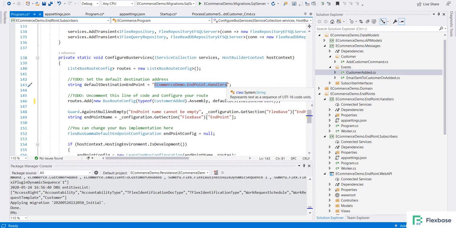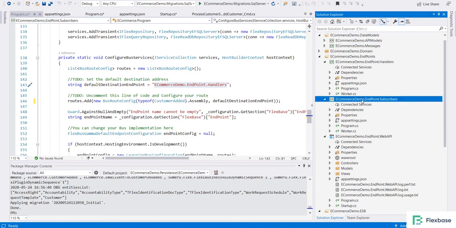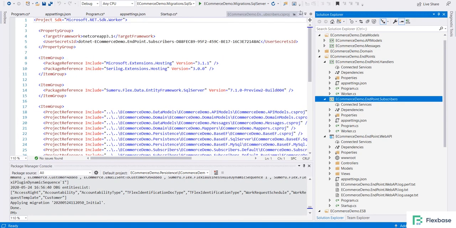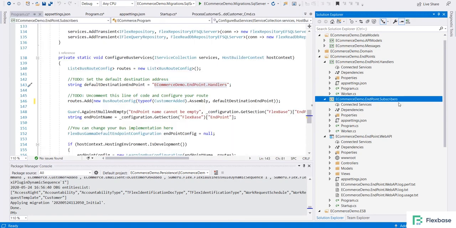Any event published from the handler will be received by the subscriber endpoint to get executed in the handler. We will see how the messages are being handled in the subsequent section. So this is the basic configuration you need to do for your bus to start working.